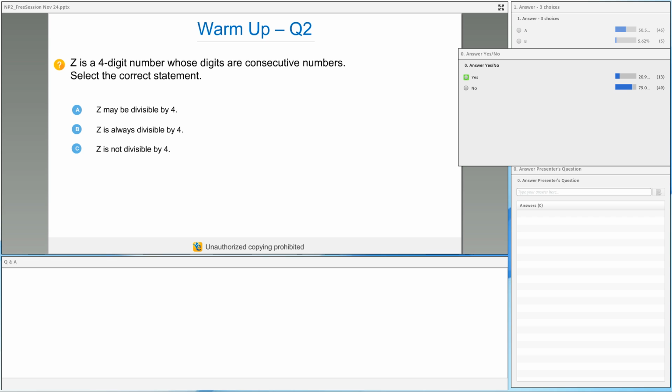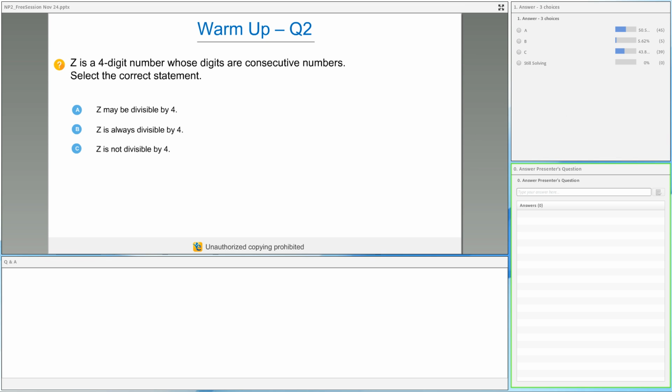Okay, that's good. I can see most of you understand this. Please understand, everyone, those of you who are marking yes, the answer is no. We cannot use the same rule. The divisibility rules for different numbers are different. The rule that we are applying for 3 is not actually valid for 4.